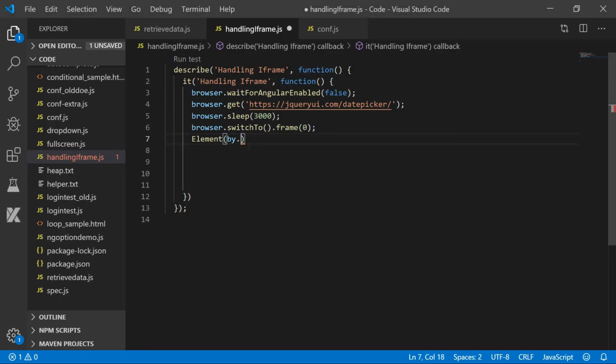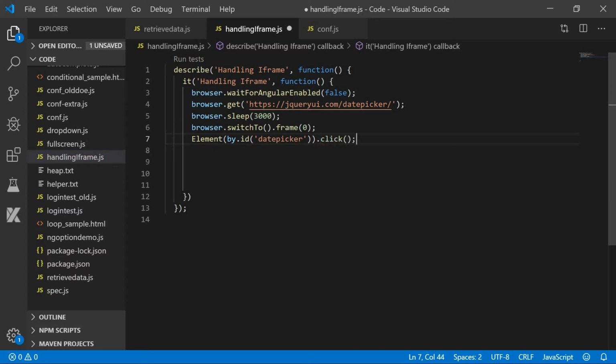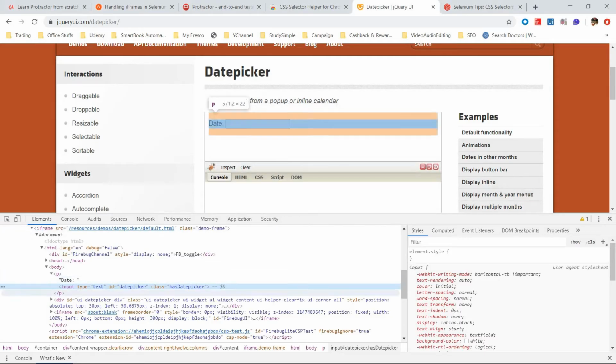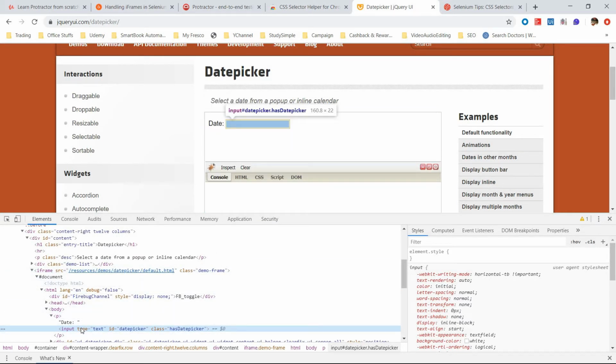We write ID, give a bracket, pass the value, then do a click operation. browser.switch to .frame: switch to will do the switching operation. Now we are inside the iframe, so we can do the click operation. The date picker box is present inside the iframe, so for that we have to do the switch to operation and click.